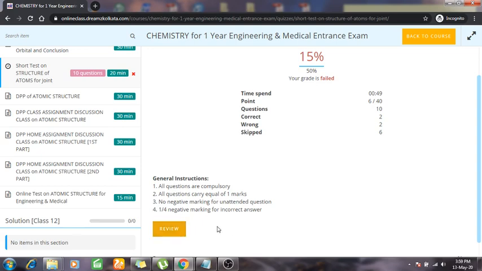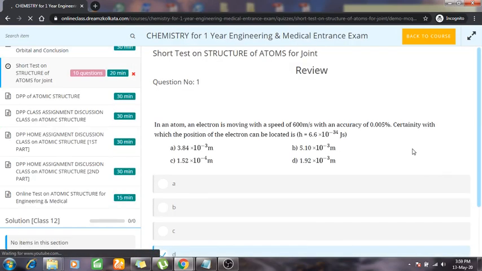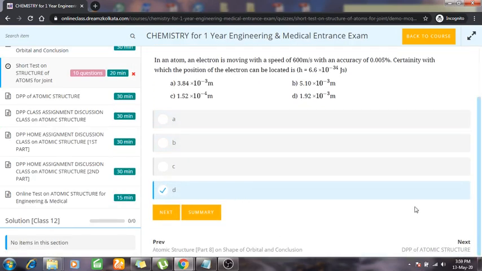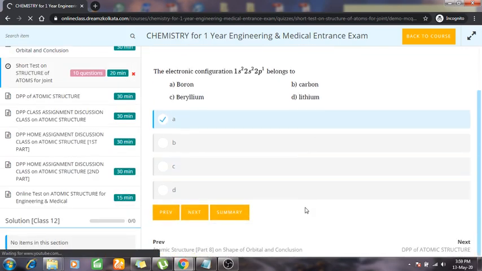And there is a review tab. So if we click on review, I will find the answer to that particular question. This was the first question. I have option D, and that's the correct option because it is in the blue line. If we consider the next, question number 2, I have answered A, and that's also the correct answer.